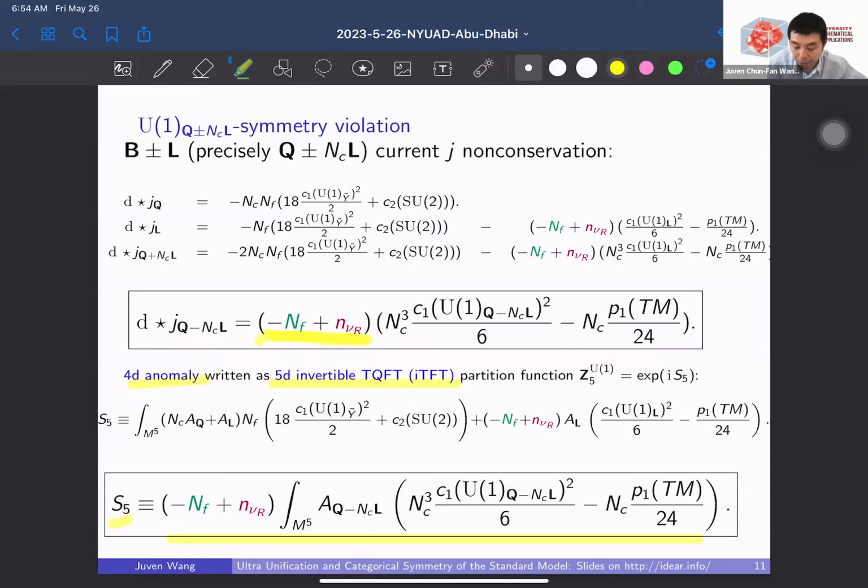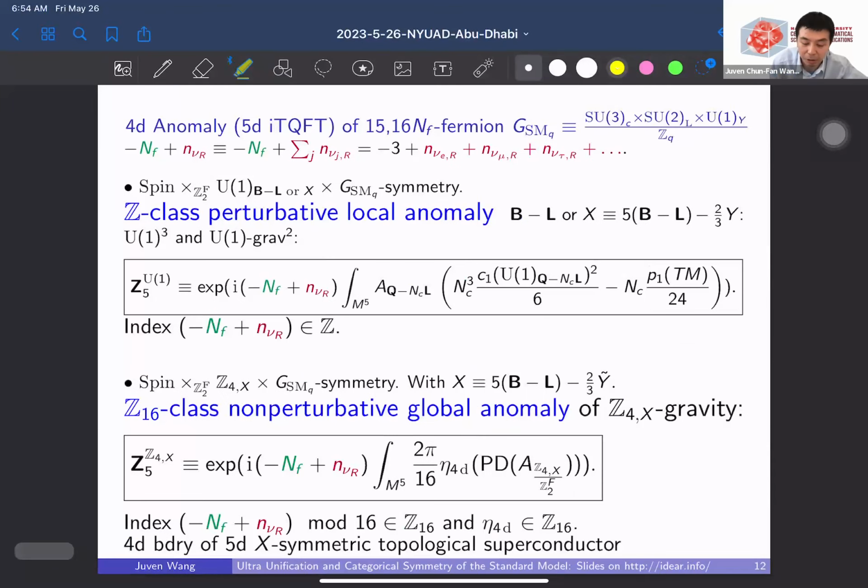Okay. So what we are going to do next is confirm that this index theory calculation indeed also holds for the cobordism including interaction. This is related to what Robert John Slager was talking about, the free fermion classification. But now including cobordism, we will see that indeed such a class of Z square will still be there when the B-SL symmetry is still a U1. However, if we break down the U1 B-SL down to some discrete Z4, as we advertised earlier, then this will become a Z16 class, which becomes a global anomaly.